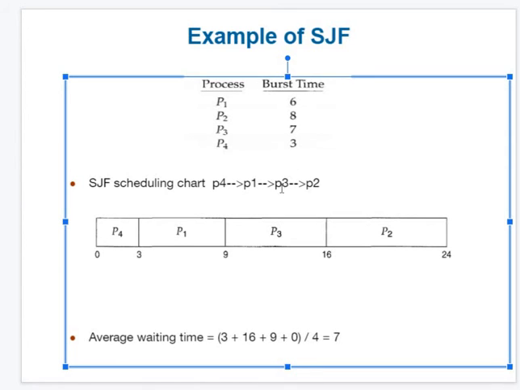Okay, I hope it is clear now. Very simple way. Who is short? He is first. Again smaller, next smaller, smaller. Finally end up with the more